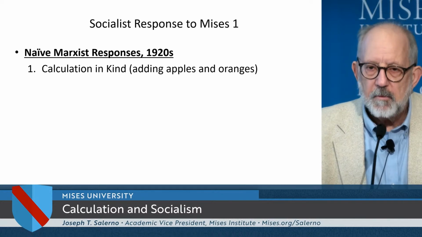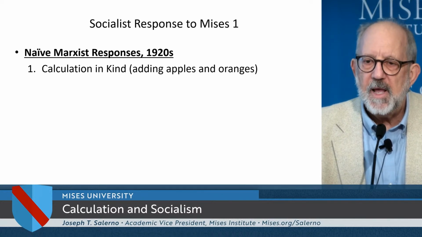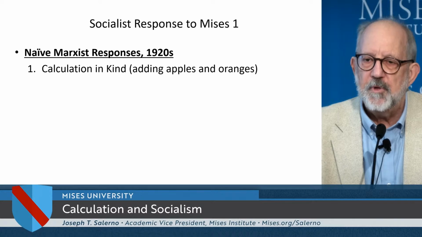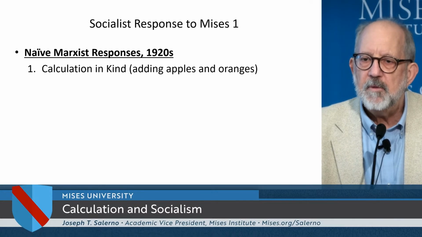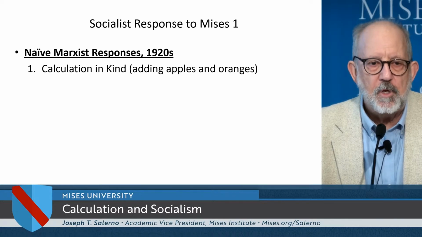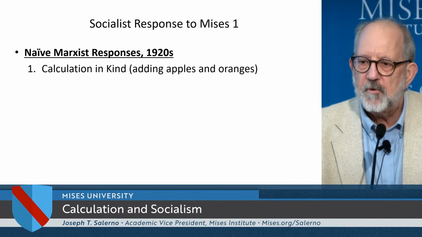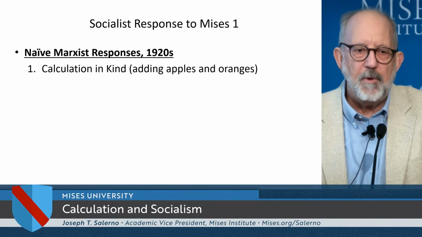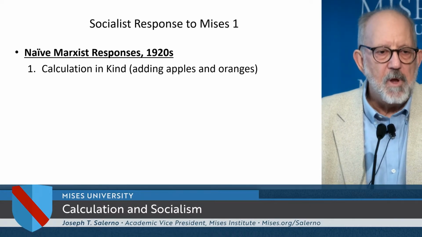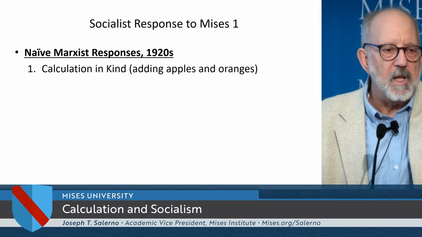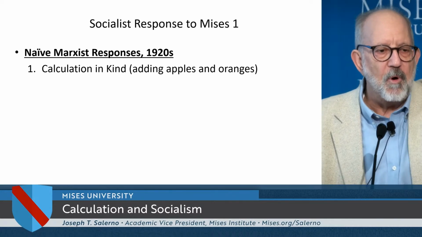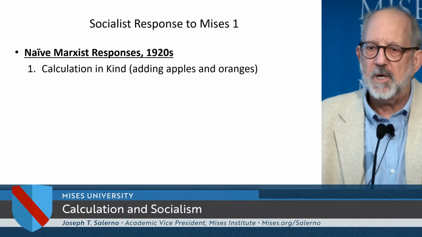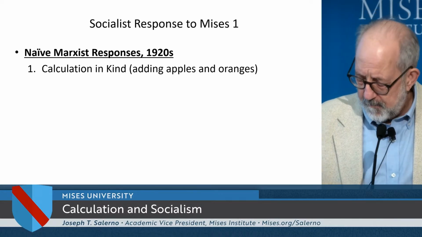And he said, well, what's the problem? We'll just add up the stuff that we're producing and compare it to the stuff that we're using to produce those goods. So he, in effect, actually believed you could add apples and oranges. It's crazy. You couldn't get a single unitary number. I mean, you use tons of steel, kilowatts of electricity, gallons of paint. How do you add them all up to come up with a cost of production? So he was an idiot.